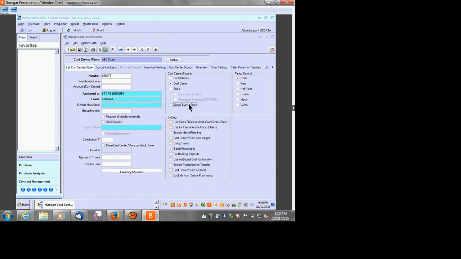This one is related to using transit. These are goods in transit. This will be used in transfer, not in receiving. When you do a transfer, let's say for example from food storeroom to the restaurant, and post a transfer in the system, that transfer will not be charged to the restaurant yet until the restaurant passes